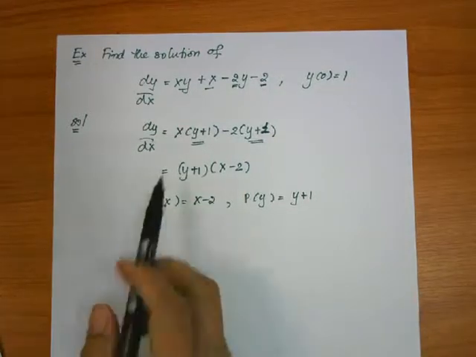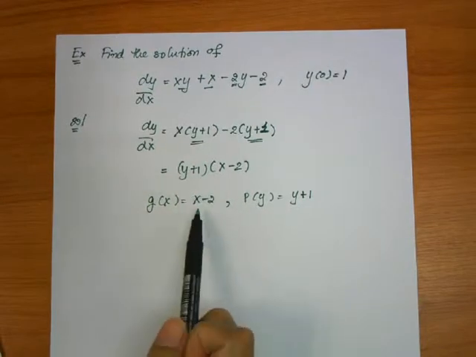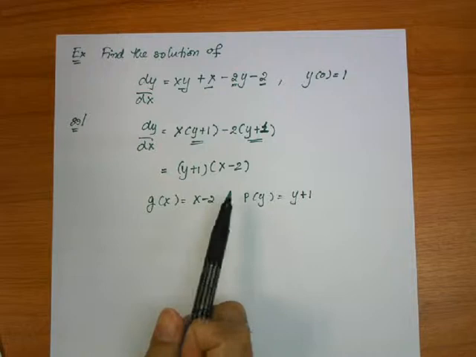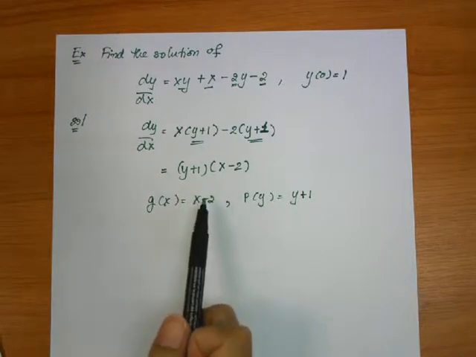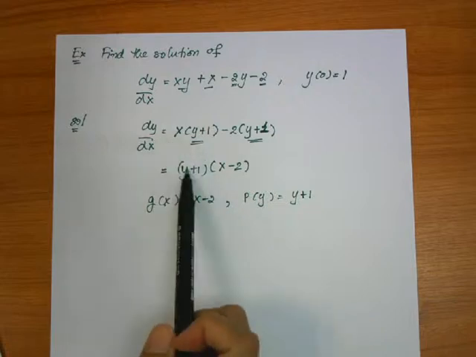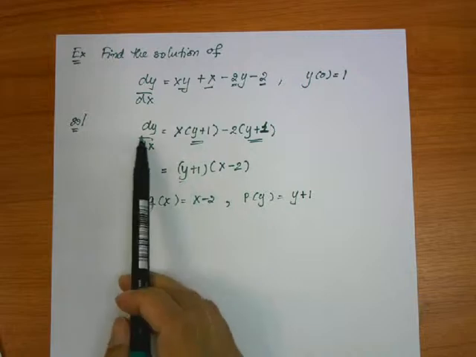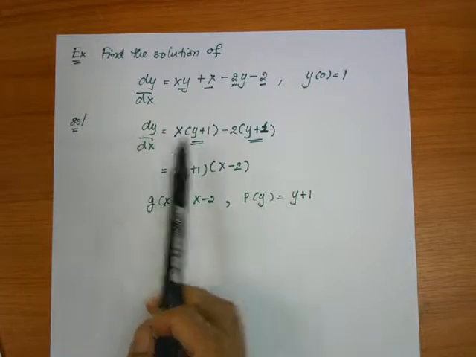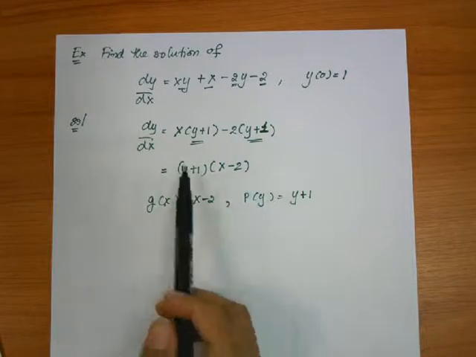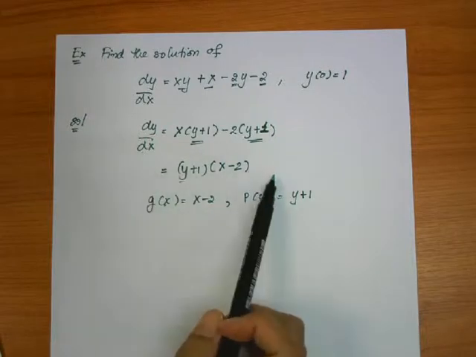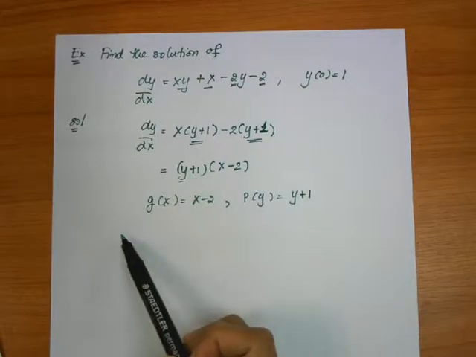So in this case, the way that we solve for the solution of this type of differential equation, of course, you need to use the separable equation, because this is the simplest technique that you can use. The way that you're going to do it is put the function of y, which is y plus 1, to the dy side, and put x minus 2 with the dx side. So we are going to move dx to the right hand side and put y plus 1 to the left hand side. So we would get